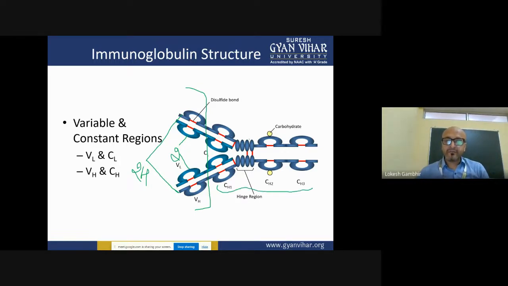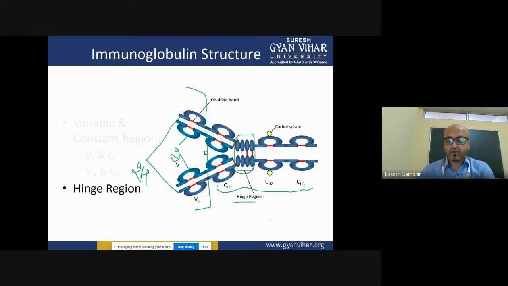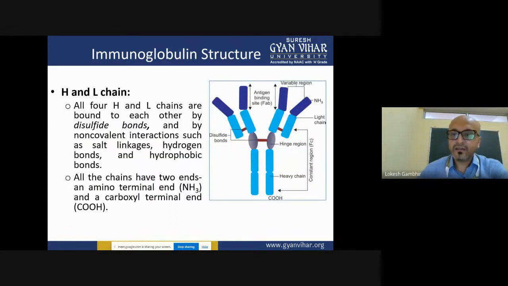Now, in between them, there is a region which is represented here called the hinge region, and it is responsible for providing flexibility to the immunoglobulin molecule. So that is the thing that you should always remember, the hinge region and how this particular structure is going about. Now let us see in a much simpler manner. Once we have understood the domain part, let us focus on how the nomenclature is there. See, immunoglobulin